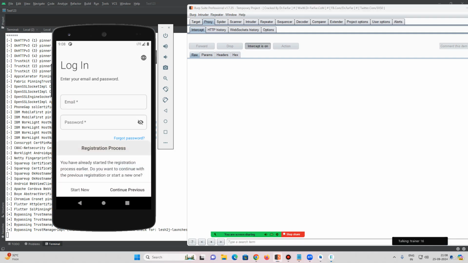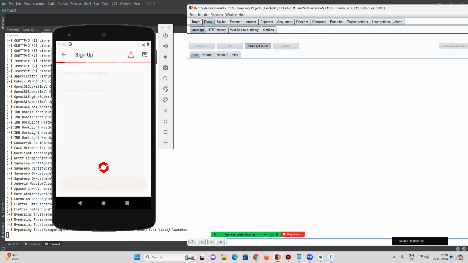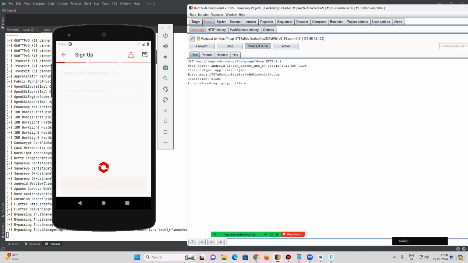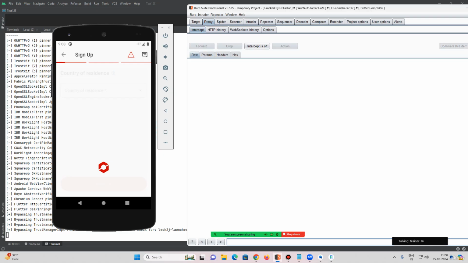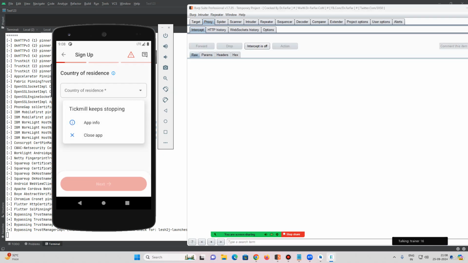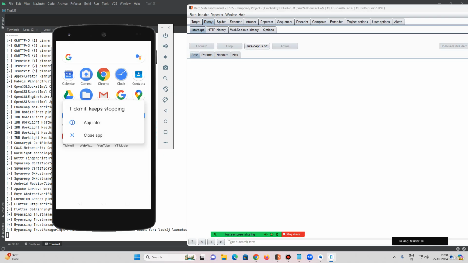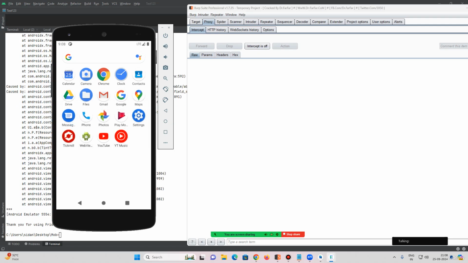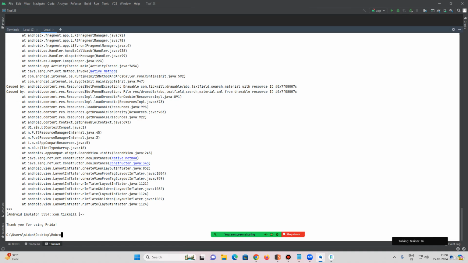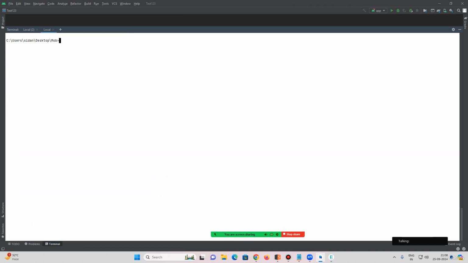See, it says continue previous. It takes me over here. It could be that on a specific page it crashes every time. It could be the possibility too that on that specific page it can crash multiple times. See, it's crashing multiple times. So in that case, now I would